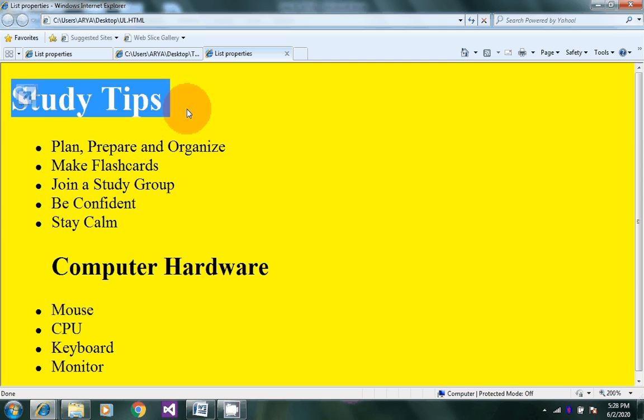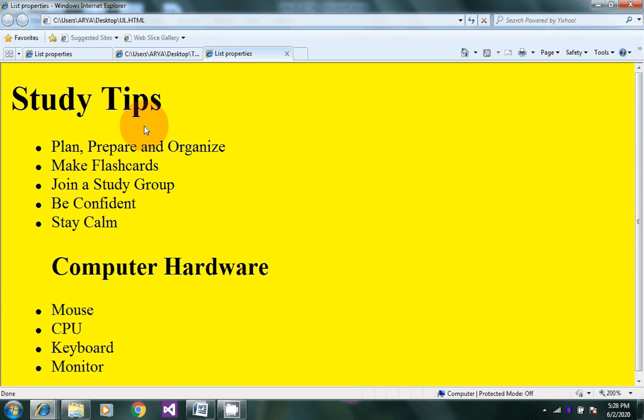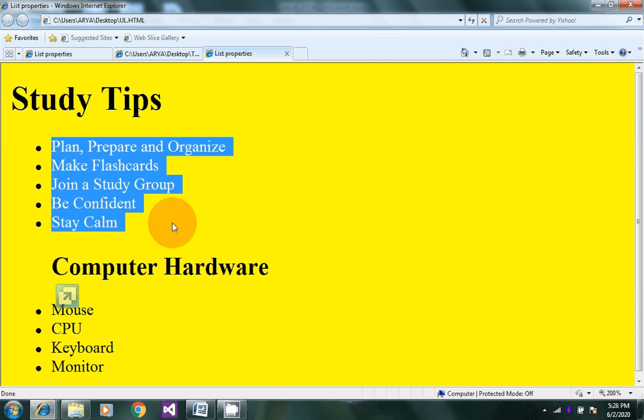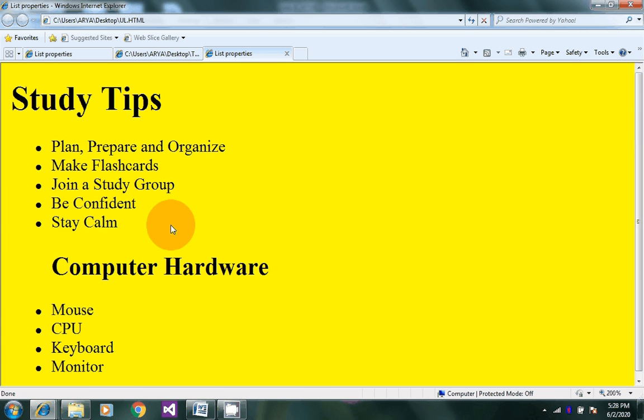It means study tips is the DT, and after the term, what are in the list: plan, prepare, organize, make flashcards, join a study group, be confident, stay calm. These are all the definition of the term, the explanation of the term. So DT is the name of the term and DD is the explanation of the term.